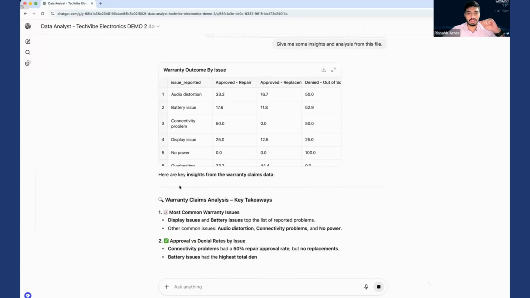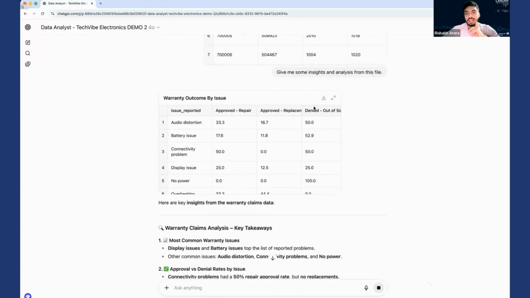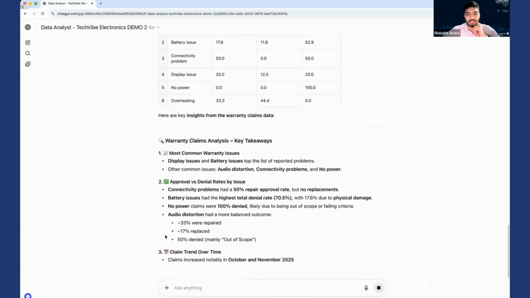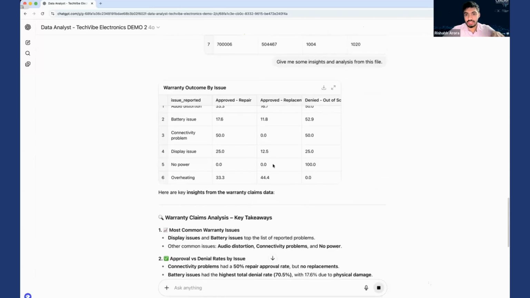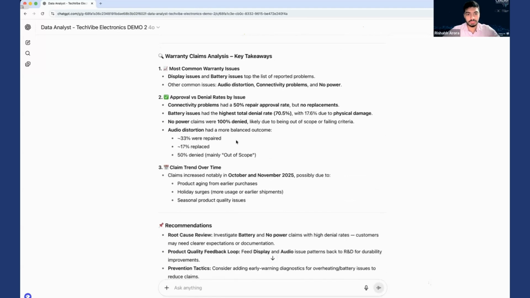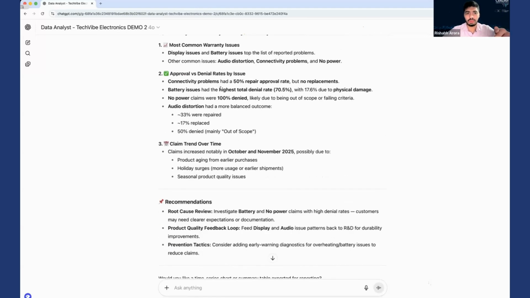So now we can see, I asked the bot to give me some insights and analysis from this file. Some of the insights that we see here are display issues and battery issues, top of the list. Again, this is a warranty claim file, which means we have all the warranty and issue raised data here. We had some connectivity problems, with a 50% repair approval rate. Battery issues had the highest total denial rate, 70.5%, out of which 617, roughly 17%, were due to physical damage, etc.,